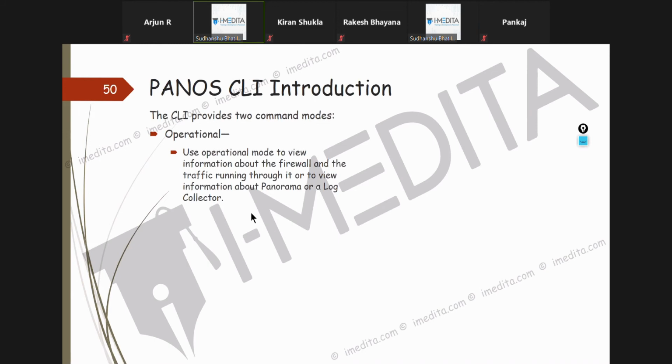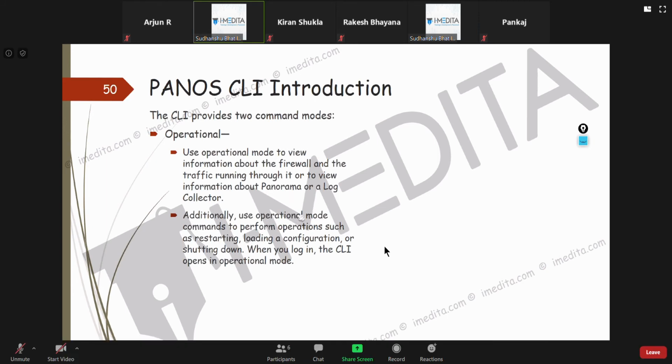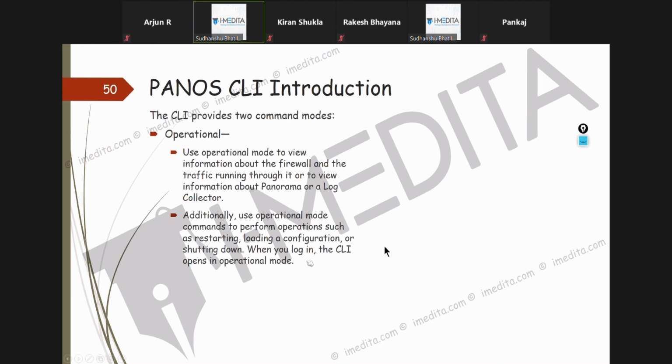So it's a little bit weird here. But operational mode is mostly used to do these show commands to check configuration. Additionally, use operational mode to perform operations such as restarting, loading a configuration, and shutting down.